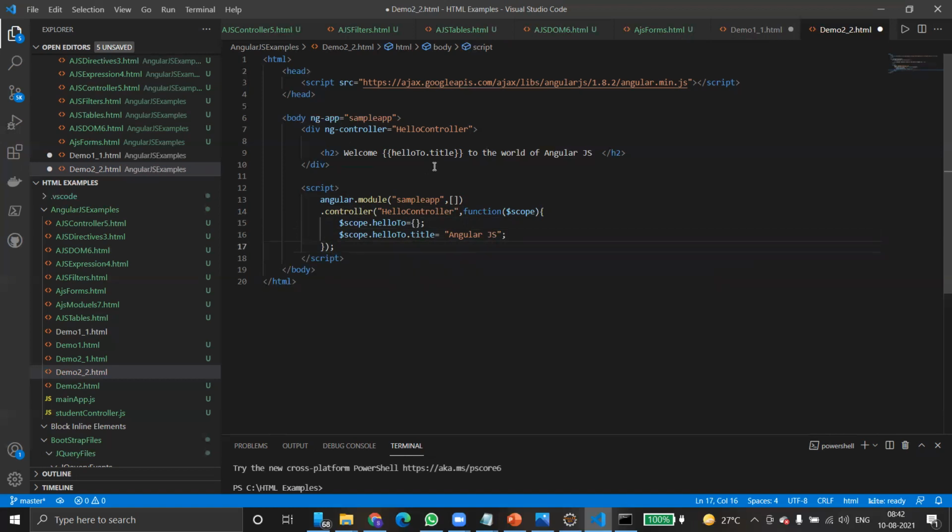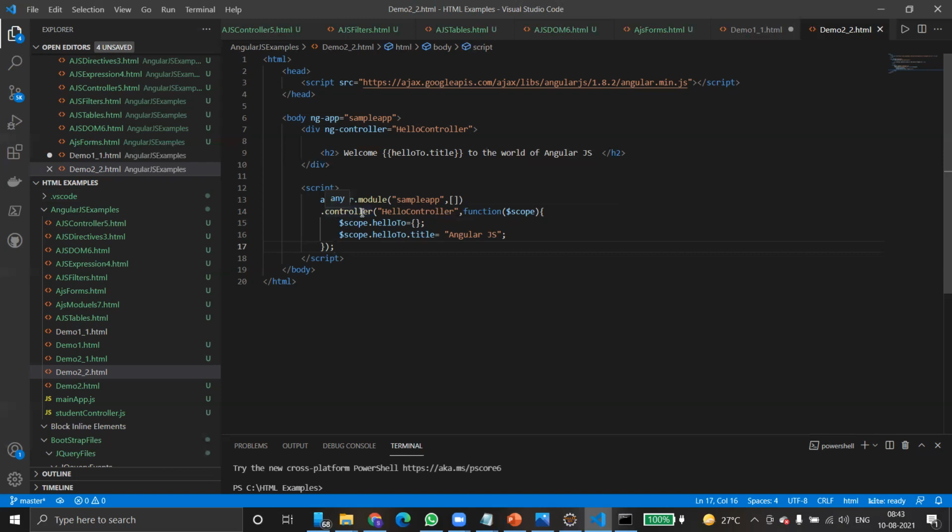So ending the function. Try to understand, this is actually creating a function using AngularJS. How do you create it? Here each function is considered a module. First you have to create a module, angular.module, and give the name of the module, sample app or whatever it is. That means we are binding this module to the AngularJS app called sample app. That's the reason we have to pass the name of the app here, the AngularJS app name.